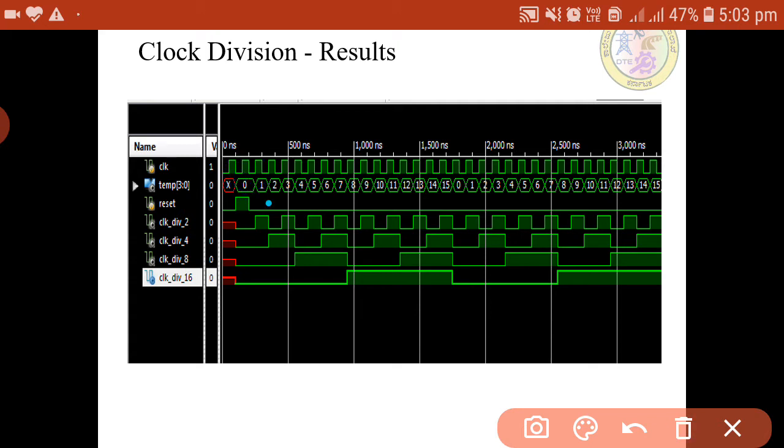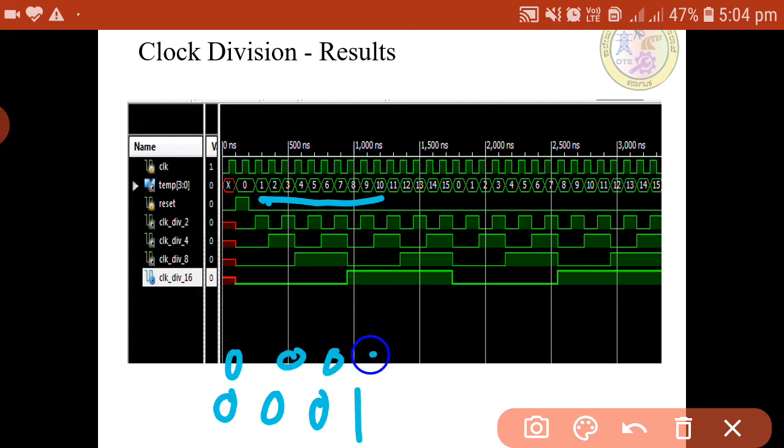So temp 1 means, here this is a decimal value, what we are showing is a decimal value. So temp 1 means 0001. Okay, so 000 is the initial, next it will become 1. Okay, so the next value, you can see here 000, 001 and 0010. So this is what we are saying, initially 0 and again it is 1 and again it is 0.